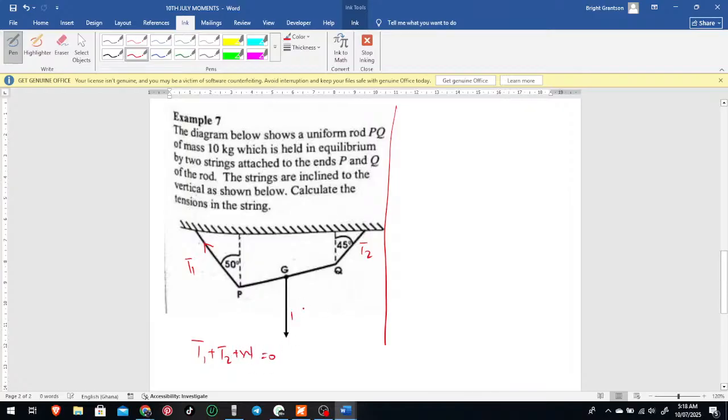This weight is 100 newtons. Right, let's use this principle alone, because of the word equilibrium. So let's add all the forces over there and make sure it's in equilibrium. Now resolve this one from the north. Read the angle from here to here. Over here from the north, read it to 45 degrees and resolve them. So in this case, T1